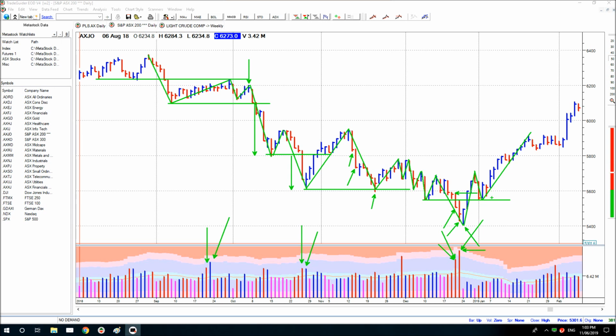Once price moved back above it, especially after it comes back down, tests it, and then moves higher again, as soon as that happened, maybe on this bar here, the low volume pullback, you had to be convinced when this bar then accelerated higher, moved above this bar's high, that prices were going to accelerate higher again, which they've done. They've pretty much continued higher since. So reading the bars and the waves in combination is how you can read the market and have some idea on what might be going on.